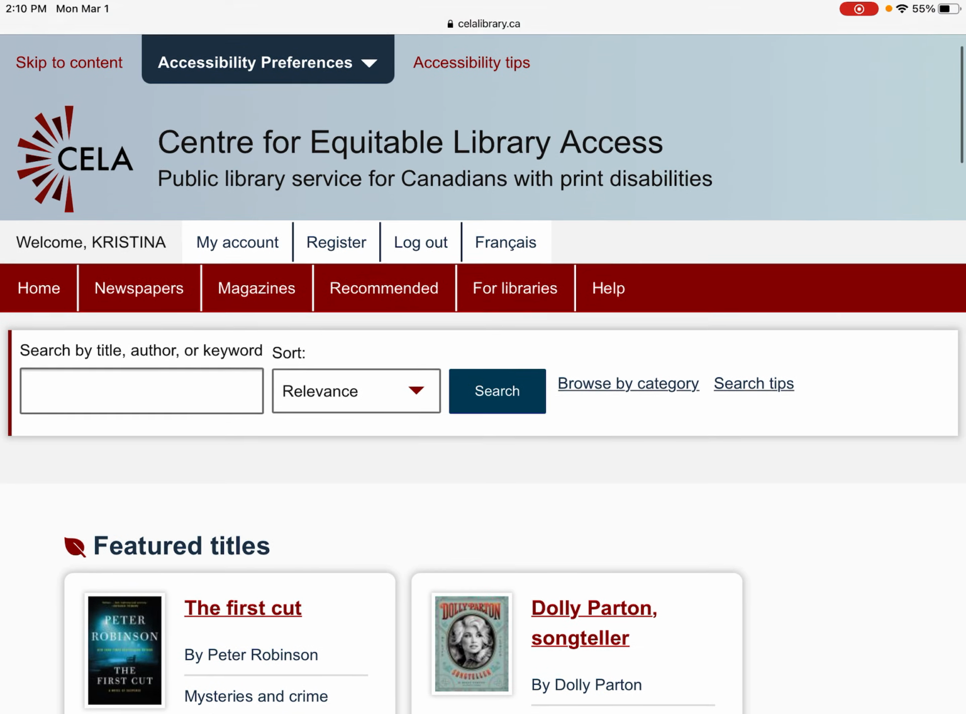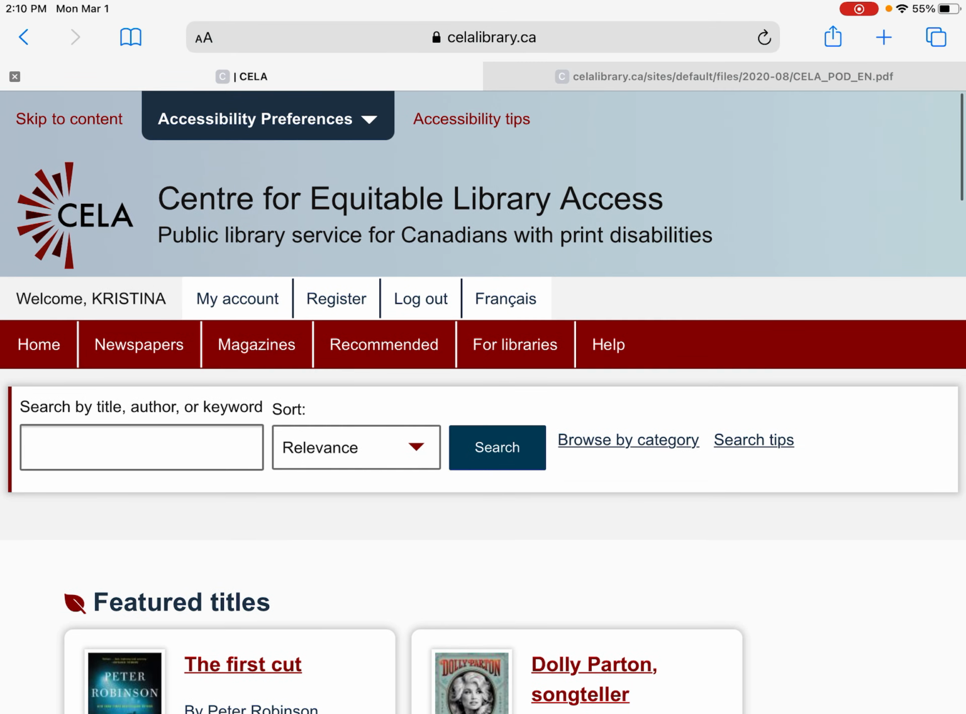If the individual who's using CELA has either a diagnosed learning disability, visual impairment, or physical impairment that impacts reading, you'll want to take one additional step. This is to access Bookshare. Bookshare is a separate site. It's based out of the United States, and it allows access to more books, close to about 1 million books